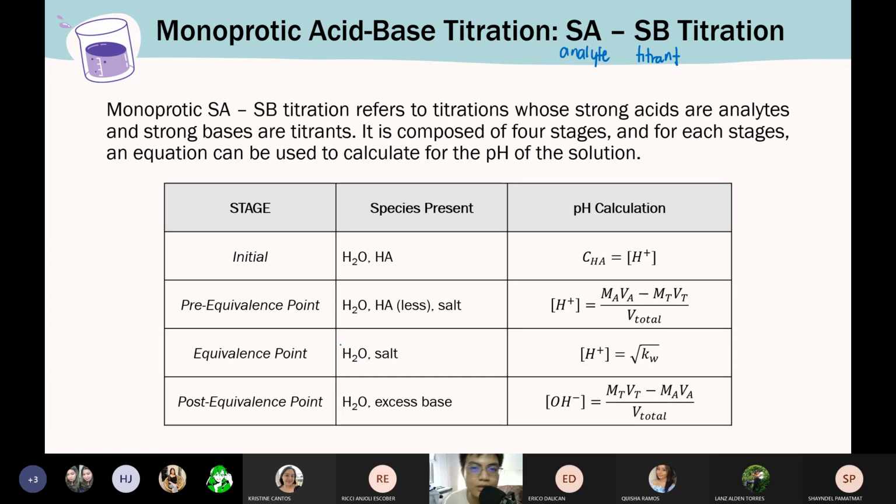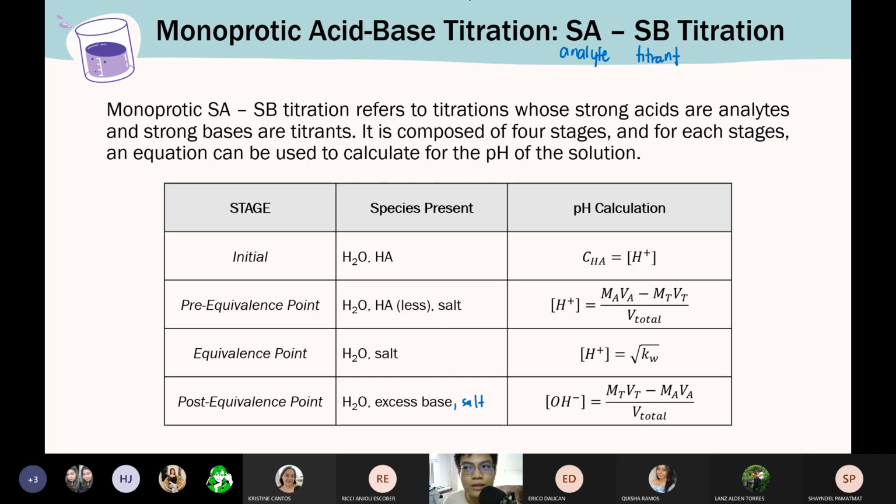Okay? And in the post-equivalence, edi nasobrahan ka naman ng titrant. So, may excess base ka na. And yung salt na. Nakalimutan ko i-type to. May salt ka pa rin. Okay? Pero sumobra nga lang yung base na dinagdag. Okay? So, ganun. So, for us to know the correct equation per stage in determining the pH, no, we have